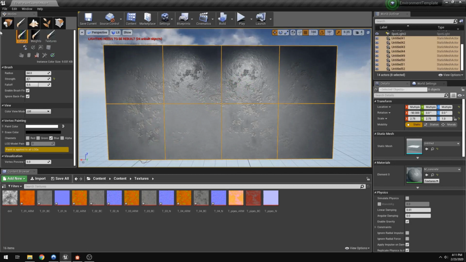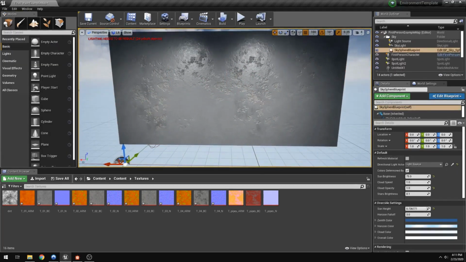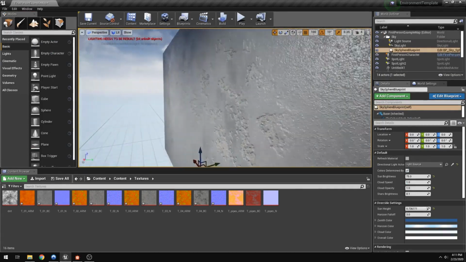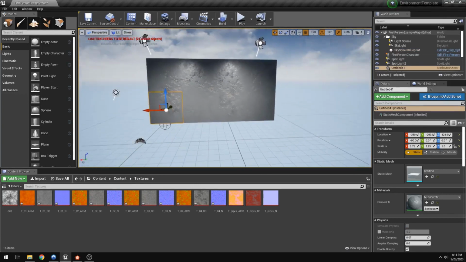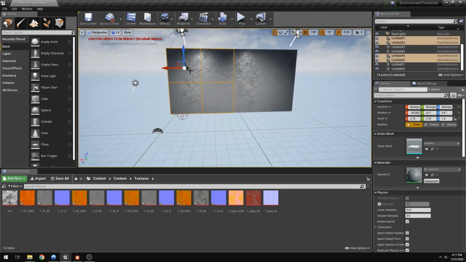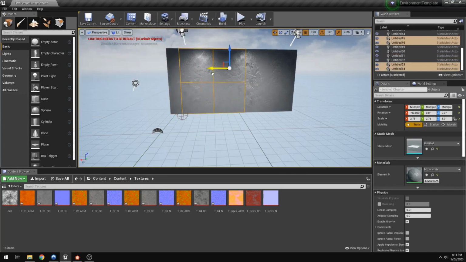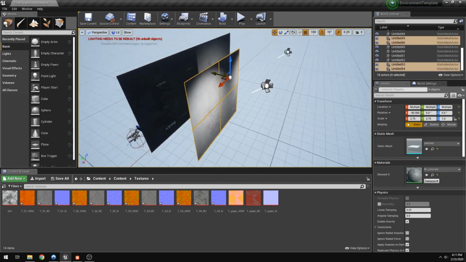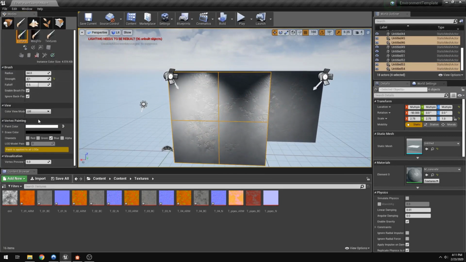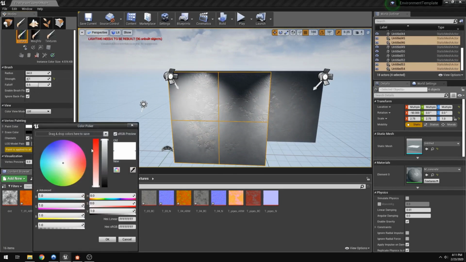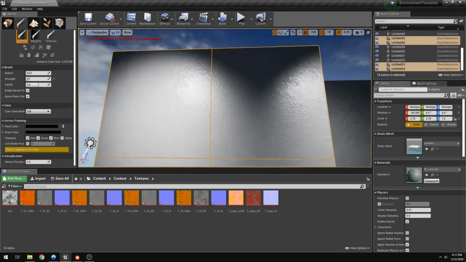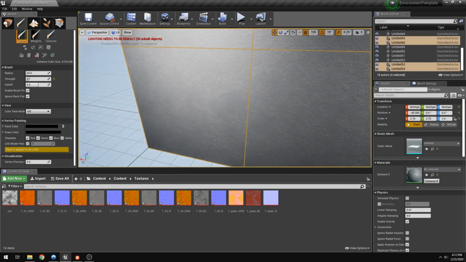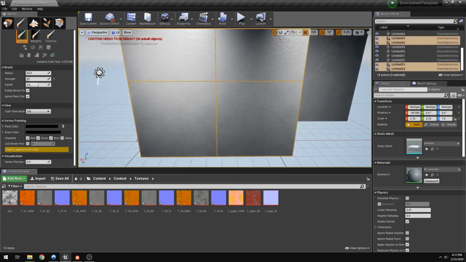And now when I have a look at this without the vertex painting mode, you can actually see that the wall itself doesn't look as boring and plain as it did before, because when I have this tiling material without any vertex painting on it, you can actually see that it looks quite repetitive and there isn't much detailing, because as I've said, I wanted this to be as plain and simple as possible. You can see some minor repetitions maybe if you look close enough, but it's a very,